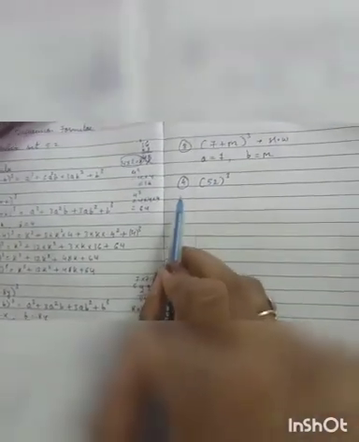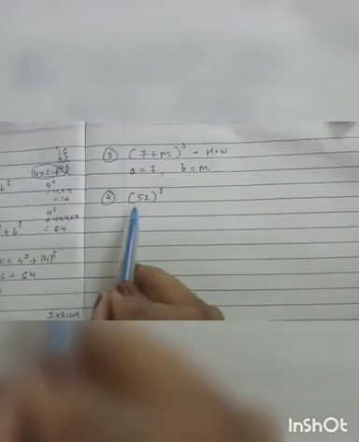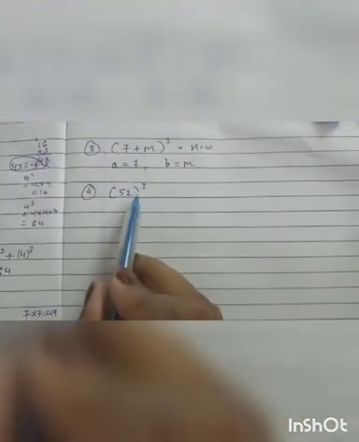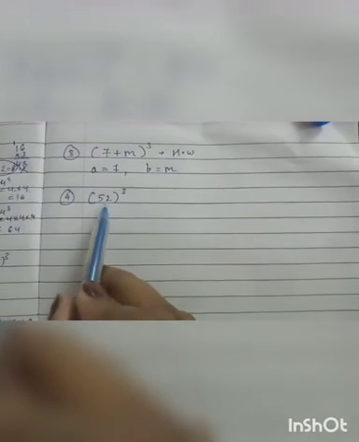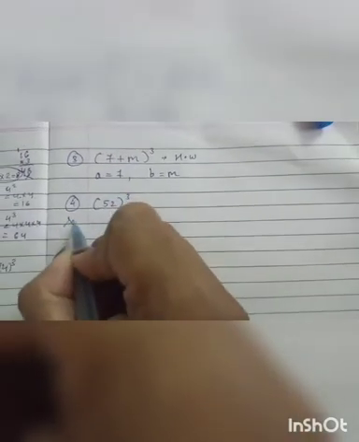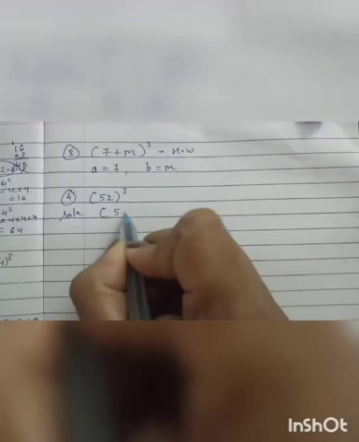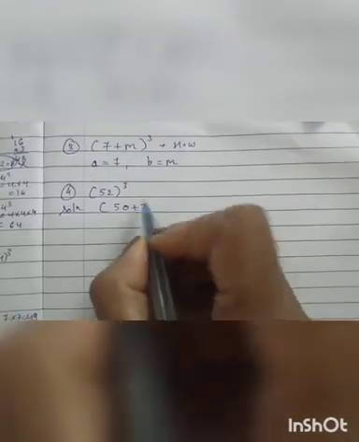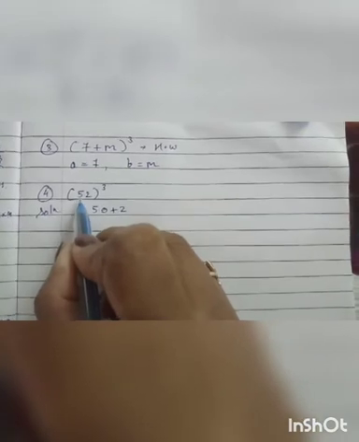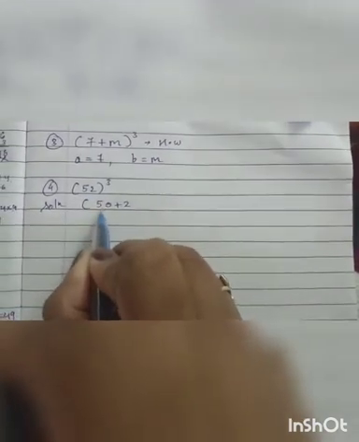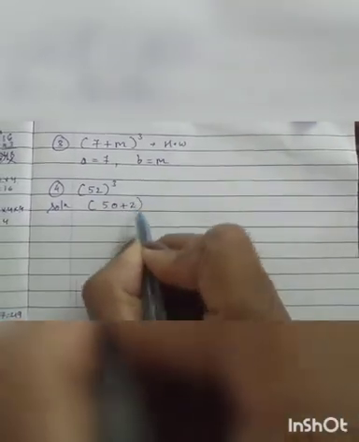Now we will move toward the fourth one. The fourth one we have (52) whole cube. So we have to break 52. First you have to break 52. How can you break 52? You can write 52 as 50 plus 2. So we will split 52 into two terms, 50 plus 2, and whole